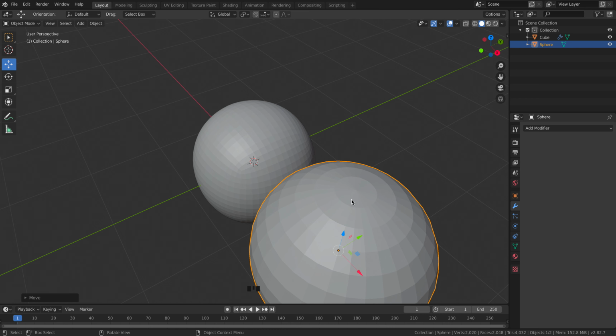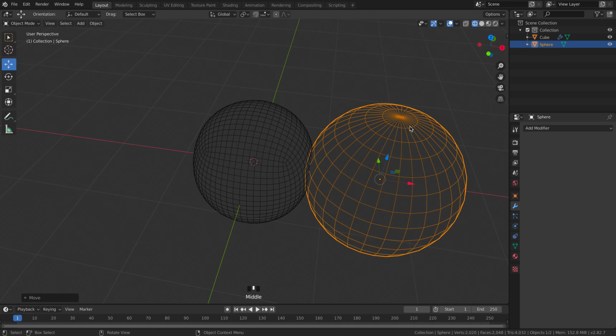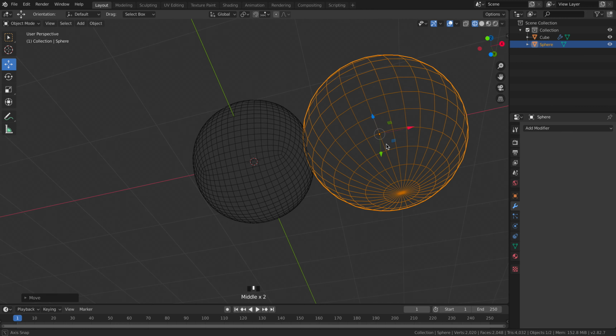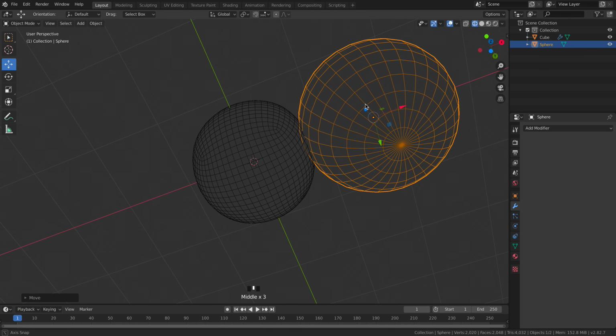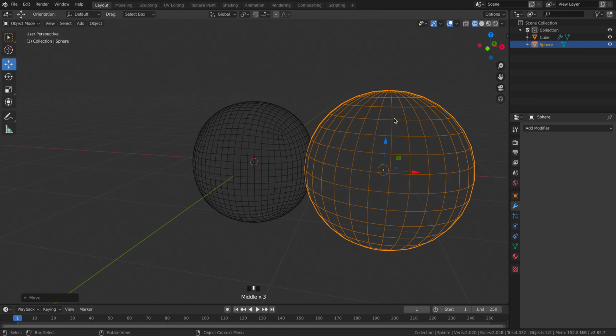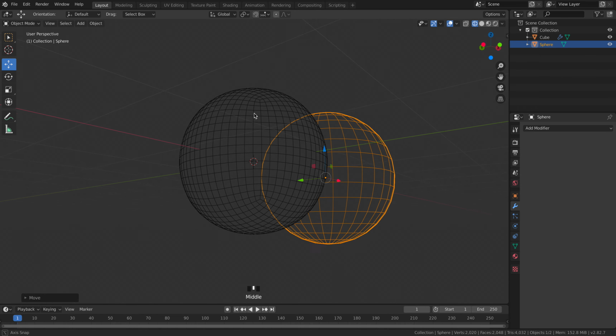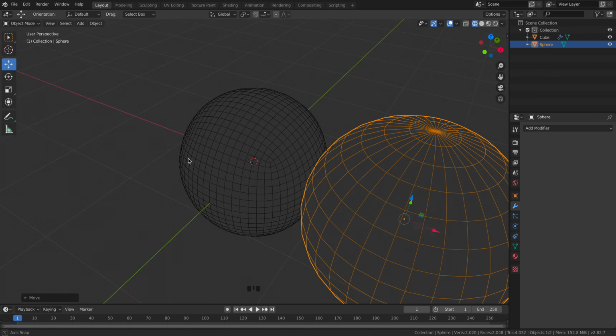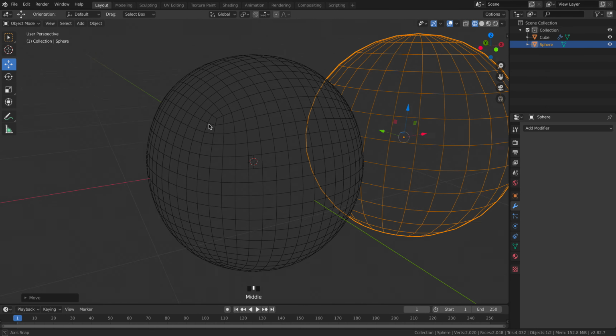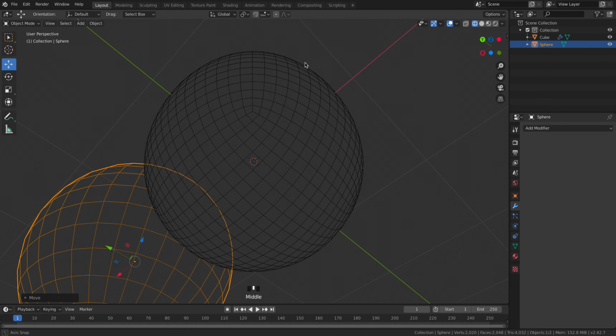On the top of this sphere, you see everything is coming up into a point. And actually, you'll see it really well if you switch over to wireframe. Everything comes to a point at the top and at the bottom of the sphere, which is where we start to get some of those wonky surfaces, because you have all of those really tight angles that are difficult to render together. But when you do a subdivided surface cube into the sphere instead, you can see everything is smooth